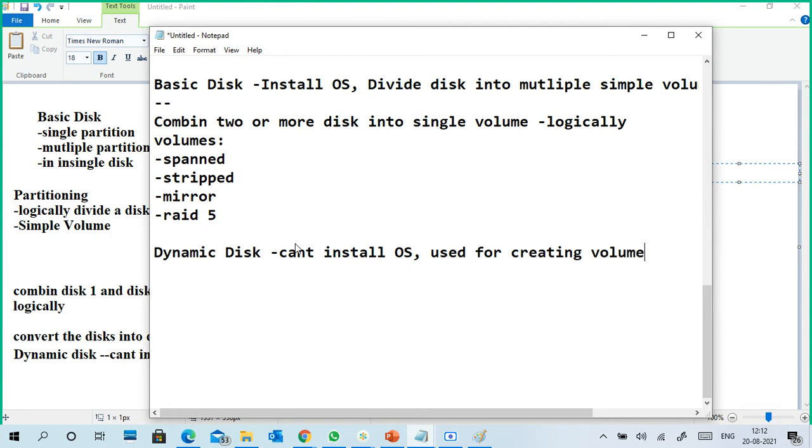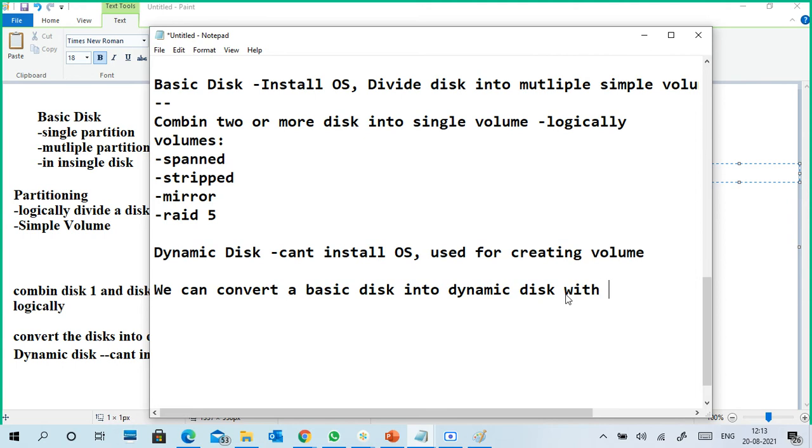Means when you are creating a striped, spanned or a mirror volume, we can convert a basic disk into dynamic disk. We can convert a basic disk into dynamic disk